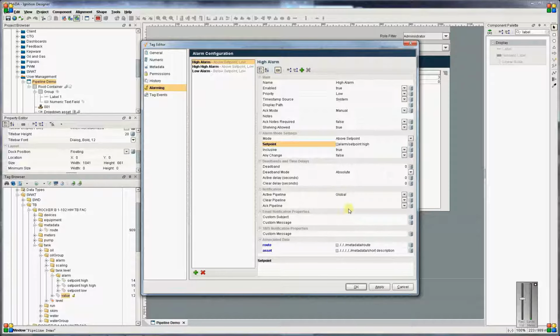The pipeline is the other key part in notification. If an alarm is not tied to a pipeline, it won't notify anyone. So all alarms in the system are going to be tied to the global pipeline, and then they're going to be filtered based on route and asset. These two route and asset properties are bound